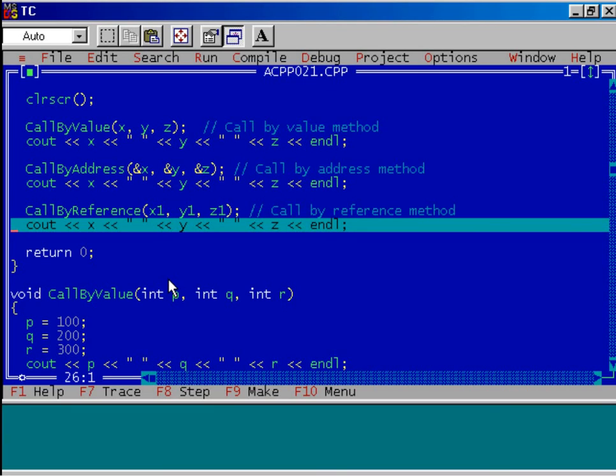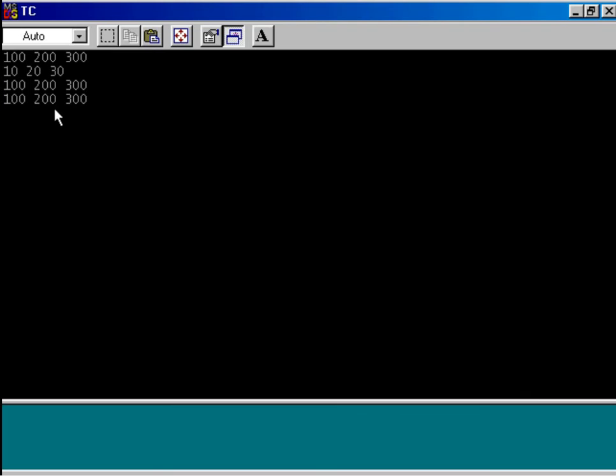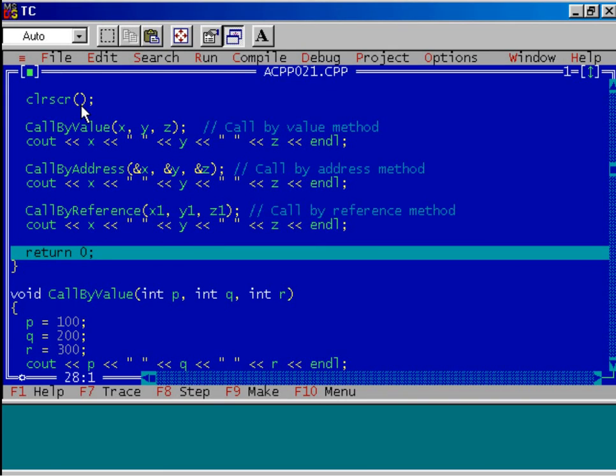And now execute this last cout statement and see the output. We got the same result. Value of x is 100, value of y is 200 and value of z is 300. So what happened exactly? We got the same result and we have avoided the complications of the pass by address method. We are getting the same effect. Actually, remember one important point. These two methods are exactly similar.